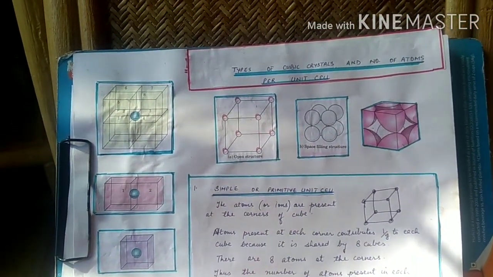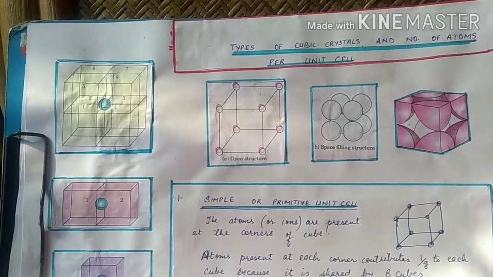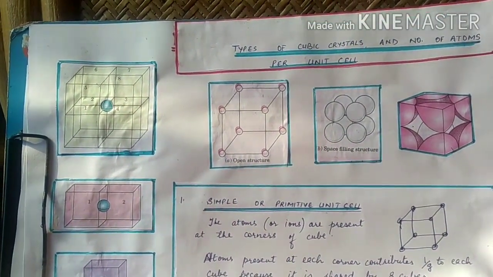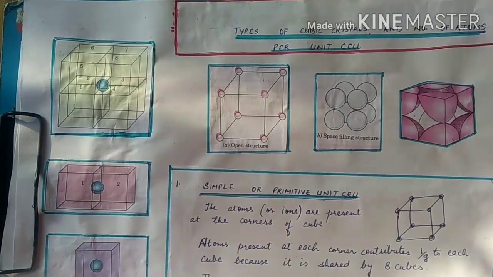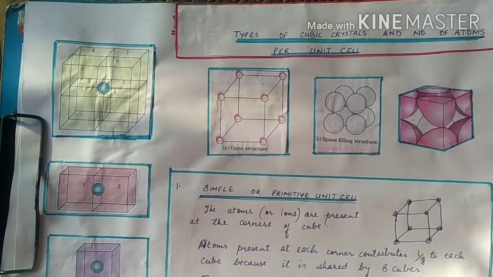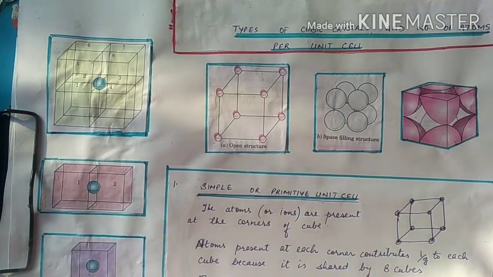गुड मॉर्निंग स्टूडेंट्स। आज का हमारा टॉपिक चैप्टर सॉलिड से है: टाइप्स ऑफ क्यूबिक क्रिस्टल्स एंड नंबर ऑफ एटम्स पर यूनिट सेल। नंबर ऑफ एटम्स किसी भी यूनिट सेल के कैलकुलेट करने से पहले ये ऑब्जर्व करना बहुत ज़रूरी है